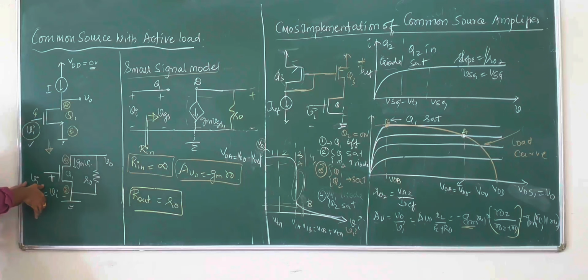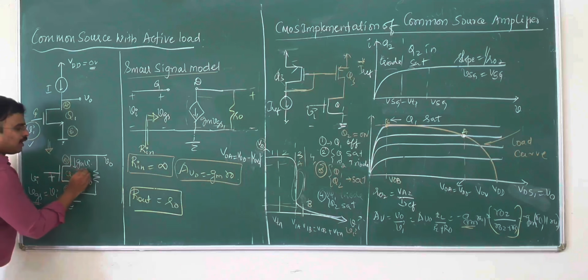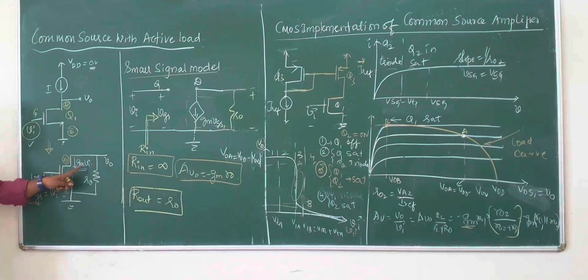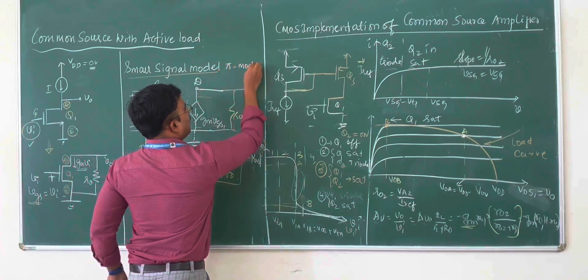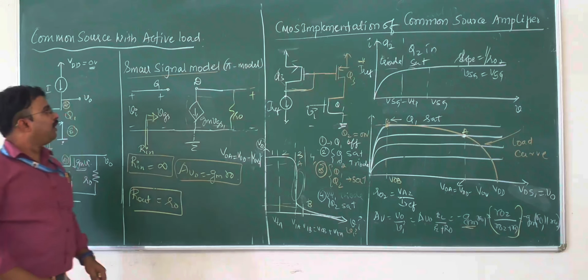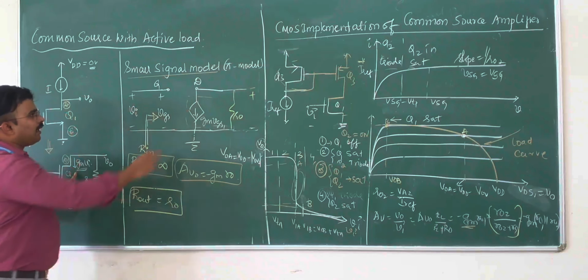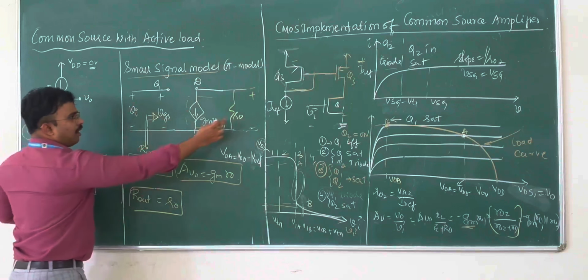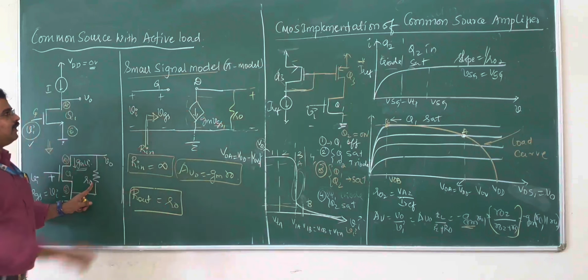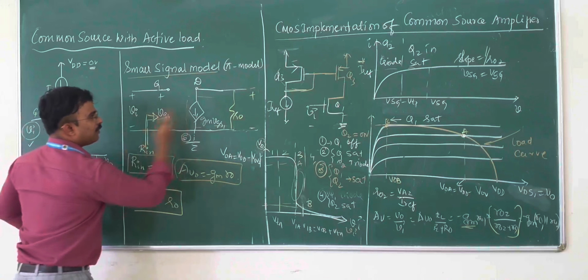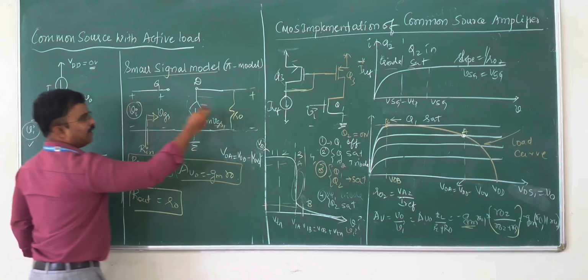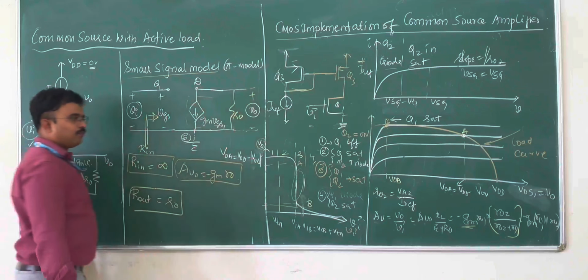Whenever you change the voltage Vi, that is also called VGS, a small signal, correspondingly a current will flow in terms of gm Vi. Now, this is represented as a small signal model. There are two different models, the T model and the pi model. You can write any one you want. Now, the transistor Q1 is replaced with gm VGS, and small ro is the finite output resistance. The gate, drain and source terminals are written. The source is common between input and output, the input is denoted by small vi, and the output is denoted by small vout.